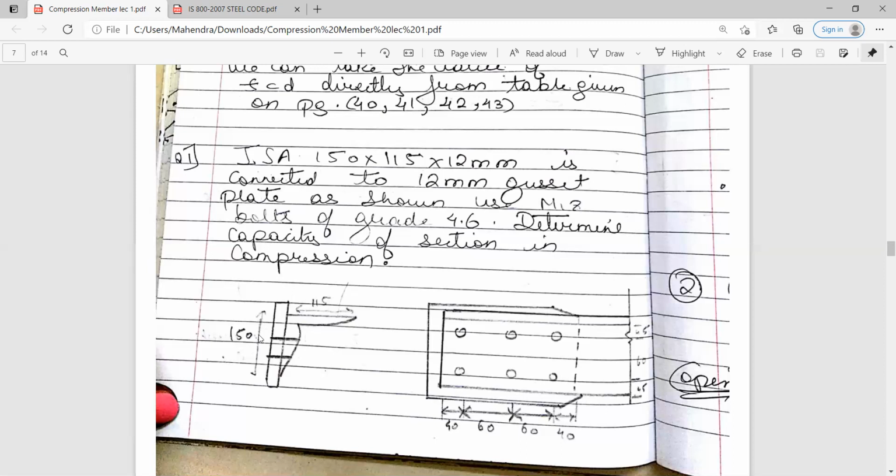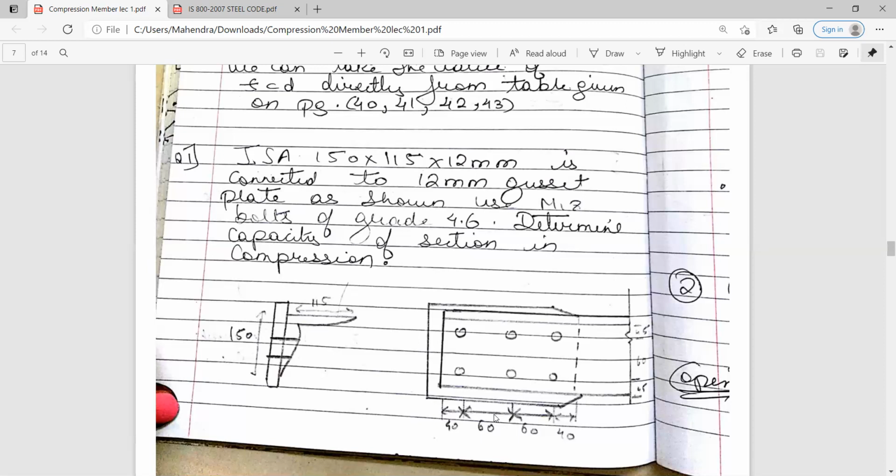So as you can see, the angle section is of the size 150 by 115 by 12 mm. Gusset plate is having the thickness of 12 mm. The bolts you have used have a diameter of 18 and the grade of the bolt is 4.6, and the end distance and edge distance here is 40. This 40 is nothing but the end and the edge distance, and this 60 and 60